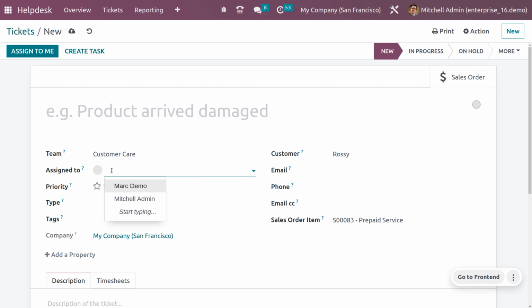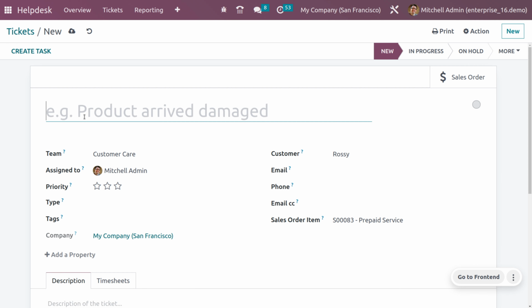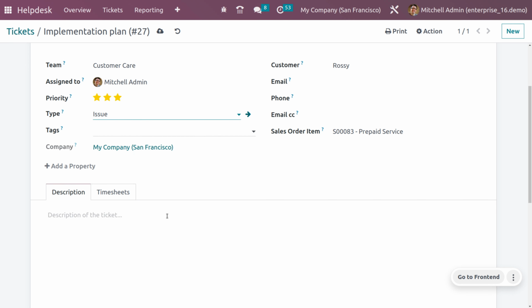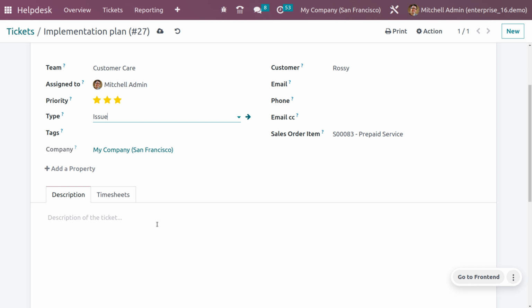Now you can also assign this to a particular person, that is the employee working on this ticket. So let me assign it to Michelle Admin, and here you can also give the name for this. Let the name be Implementation Plan, and you can also set the priority, and you can also choose the type of this. So let me set it as Issue,